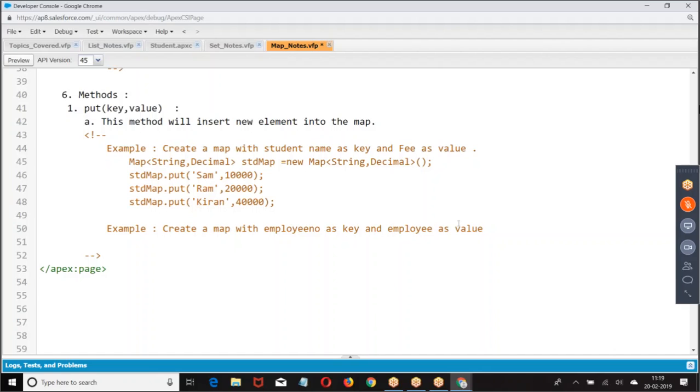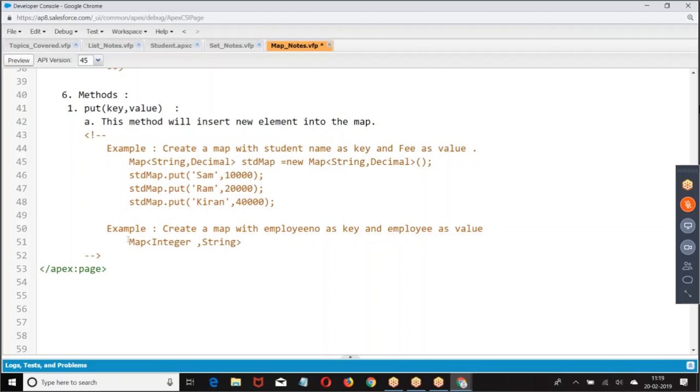Now, let us see this. Put the data. Take the data. Map of... You want to take employee number as integer? It's okay, your choice. Now, I have taken integer, doesn't mean that you have to take integer.